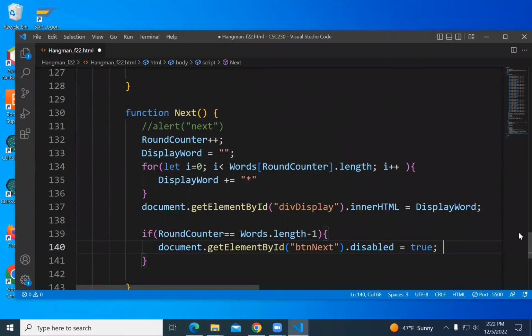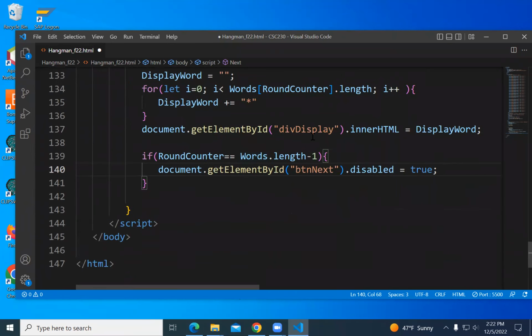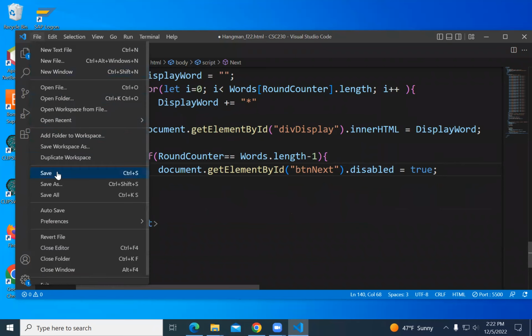So when the round counter gets to the last available index, we're going to disable the next button so that they can't move on.